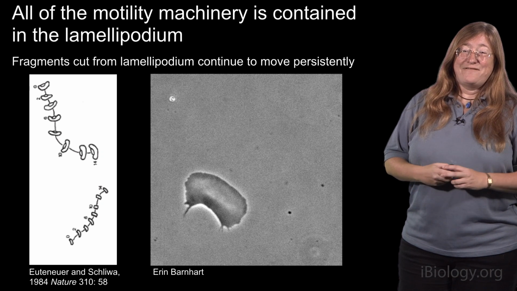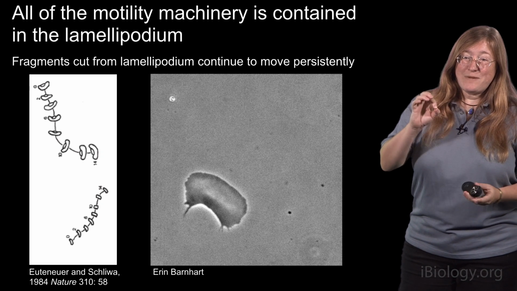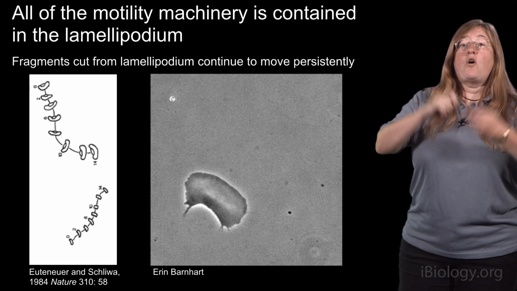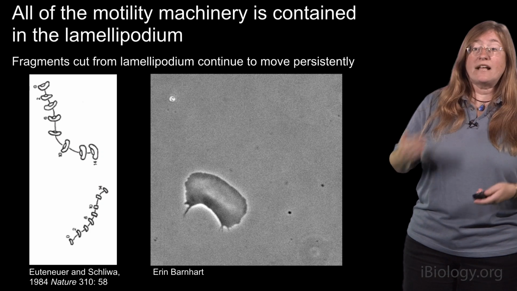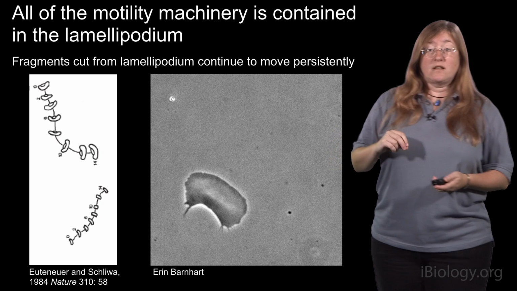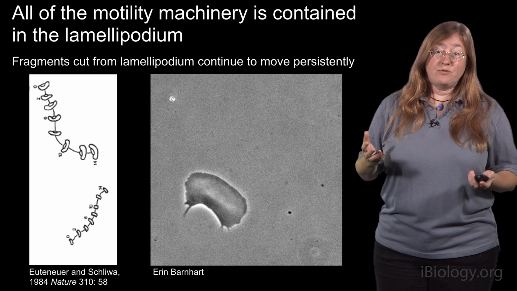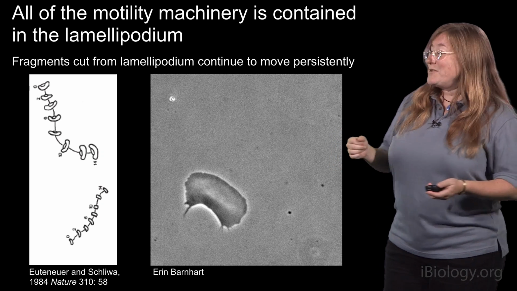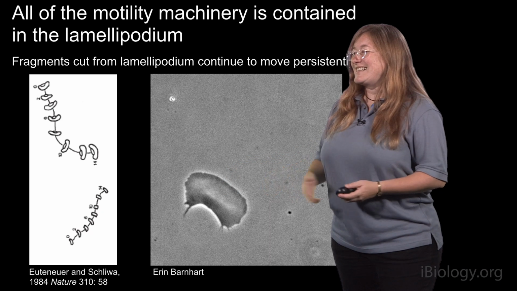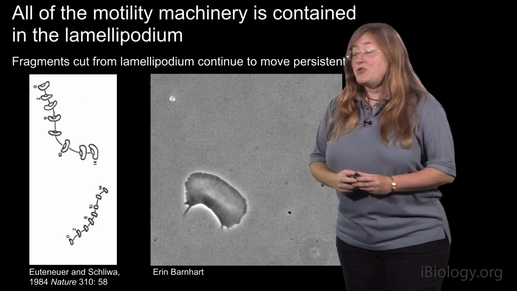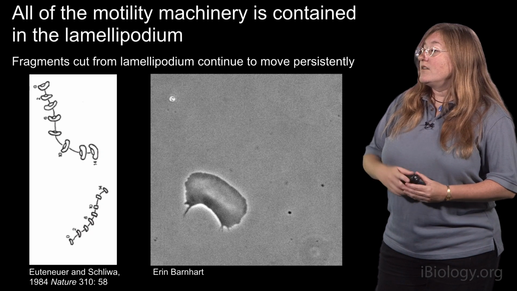One of the fun things about keratocytes is it's actually possible to demonstrate in these cells that all of the components necessary for that whole cycle of motility are contained only in the lamellipodium. You don't actually need any contributions from the cell body. And that was first proved in this really classic 1984 experiment by Ursula Euteneuer and Manfred Schliwa, where they sliced